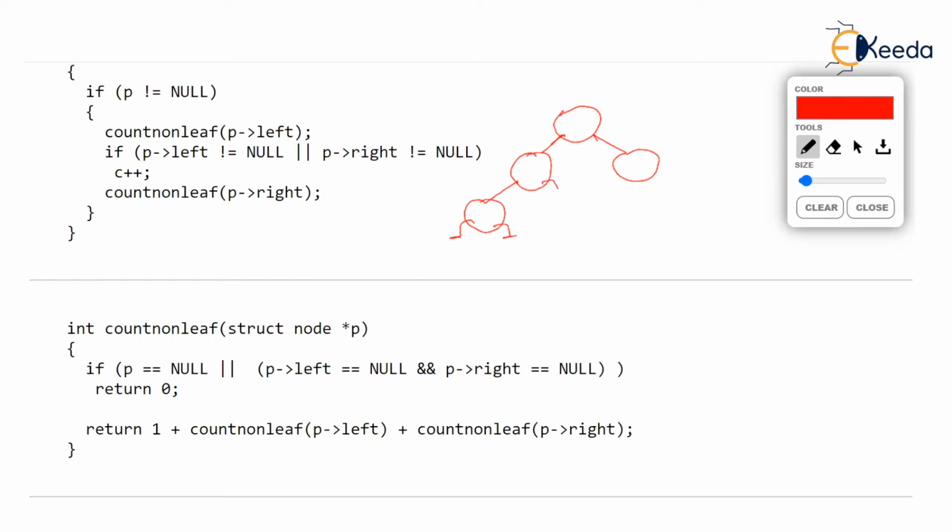Let's see that we are given some binary tree like this. These are the values stored, and you still know that the number of non-leaf nodes in this binary tree is 2, because 10 and 5 are non-leaf nodes. So suppose P is pointing to 10, and you are asked, count how many non-leaf nodes are there from P onwards till the end of the tree, till the bottom of the tree.